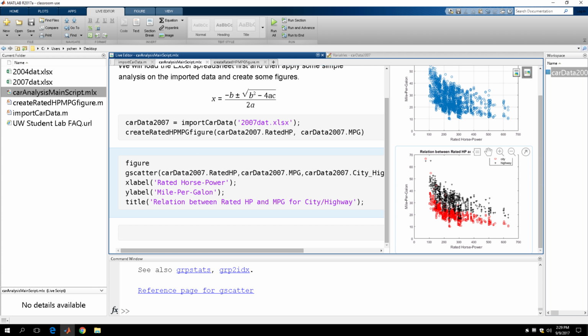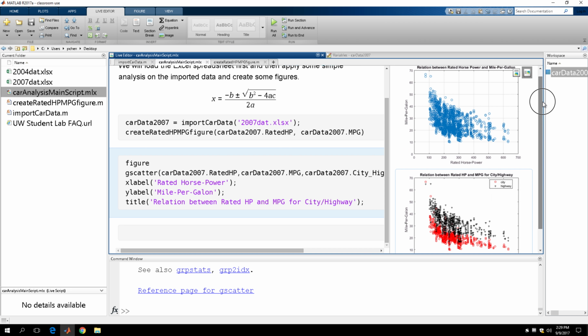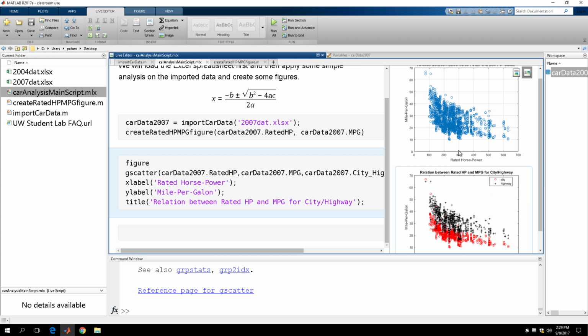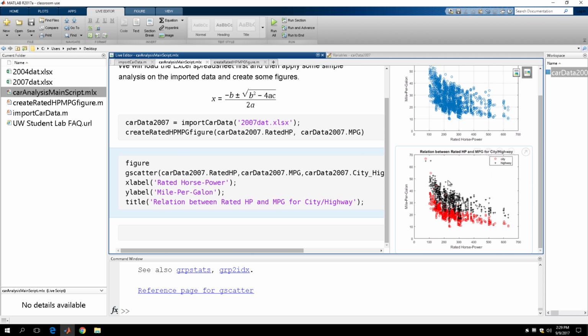By separating the cars into two different groups, city and highway, we were able to actually reduce the scattering quite significantly, right? If you just look at these particular figures, the scattering is just too much, right? And now we have separated the data into two different groups. One is called city, the other one is highway, right? But now let's